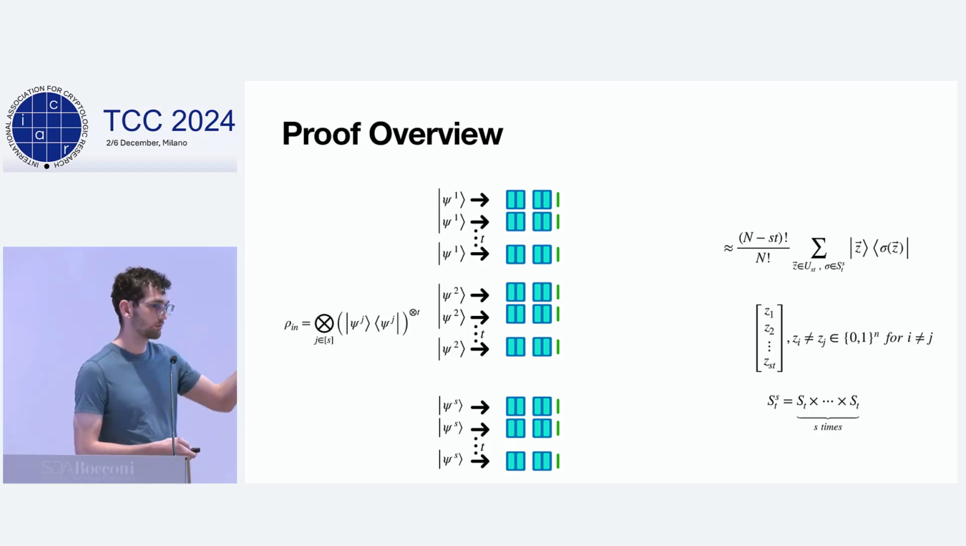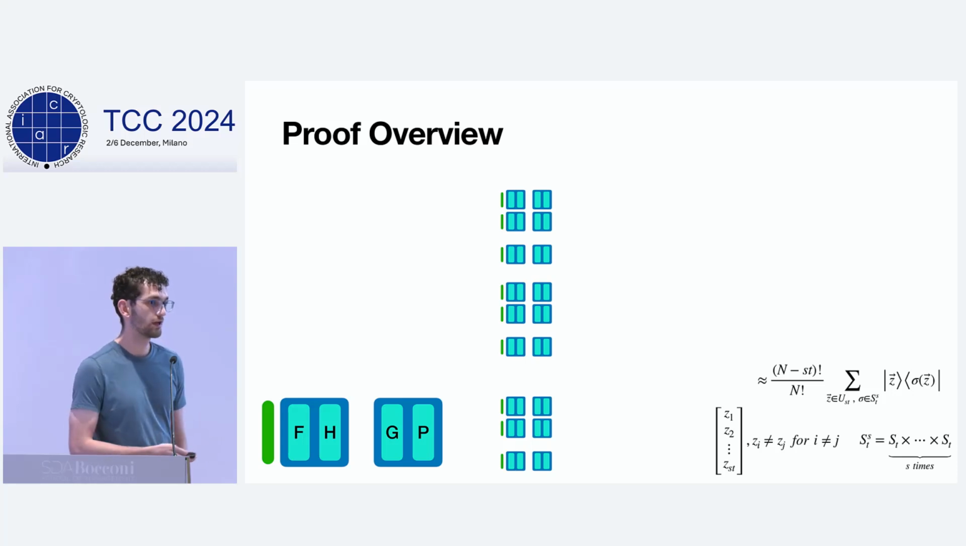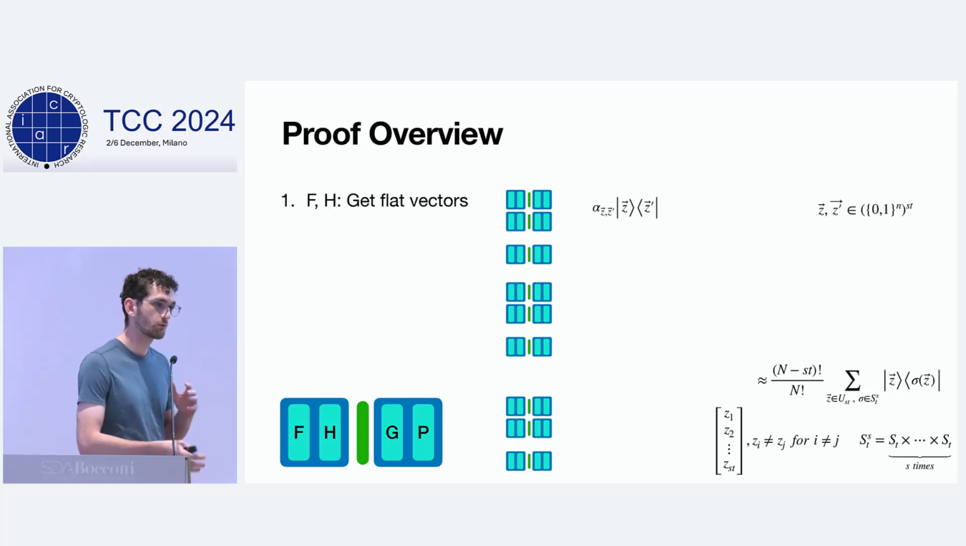Now that we know where we want to get it, let's give a high-level overview of the analysis. So we start with the state. We go through the flattening stage, and we get flat vectors. In general, we can write any density matrix as a coefficient alpha zz prime, and then the entry of the matrix zz prime. Now, because we have flattened the states, this density matrix is close in trace distance, which is the equivalent of